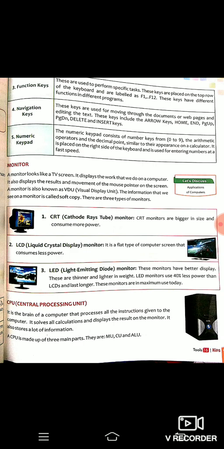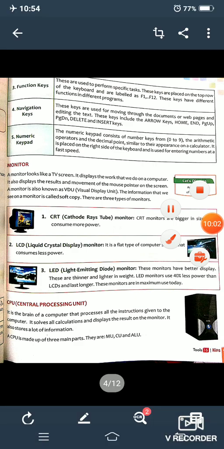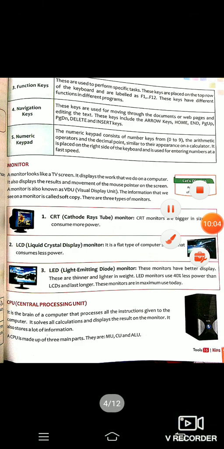Fourth group is navigation keys. Navigation keys are used for moving through the document or web page and editing the text. Suppose you want to move forward or backward in any document, reach the top or the bottom, or navigate left and right anywhere in your document; for that purpose we use navigation keys.